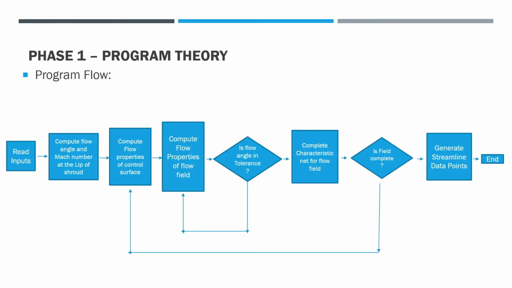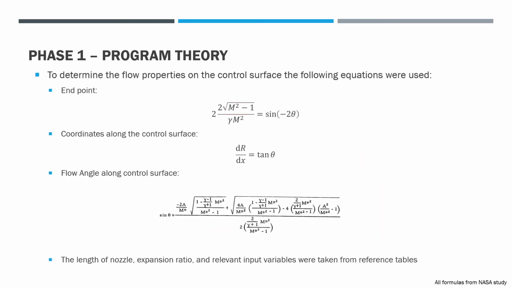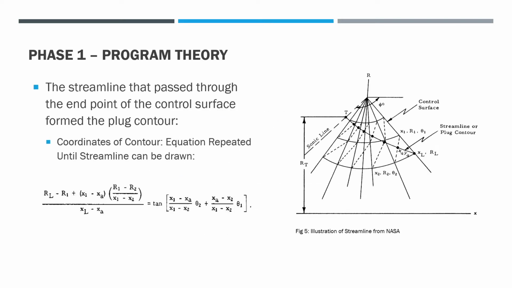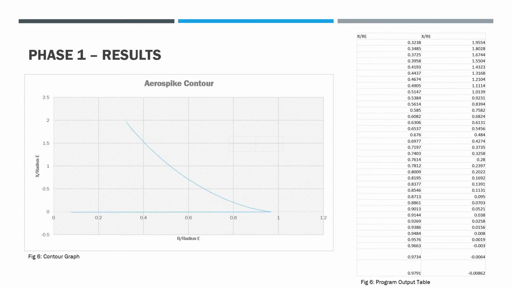In short, the program utilized a series of equations that allowed for the creation of the control surface and the determination of the right and left running characteristics. From there, the coordinates of contour equation was recursively repeated using the sonic line as a starting point to output the coordinates of the contour. Using these coordinates, I was able to generate a 3D model for the aerospike, which I then 3D printed for